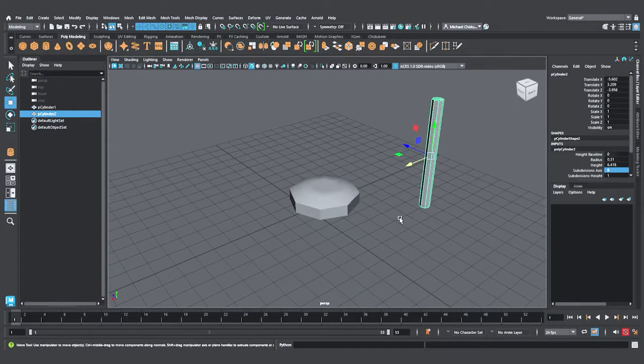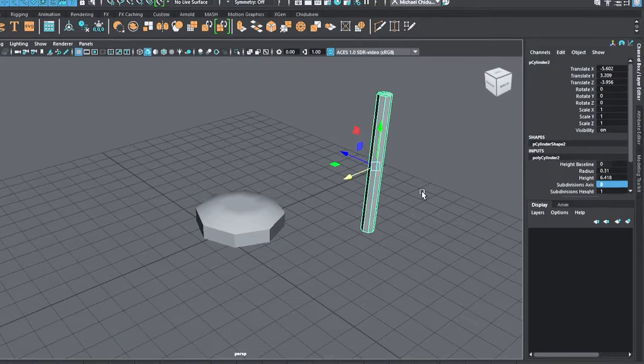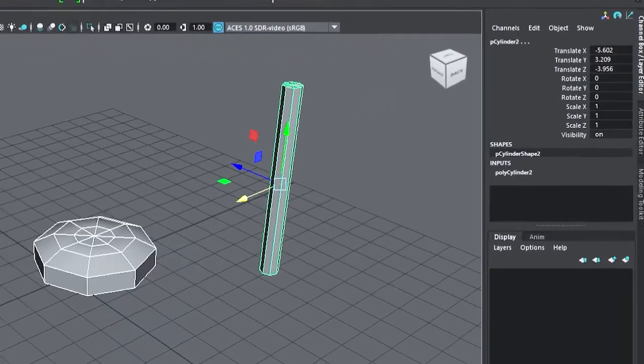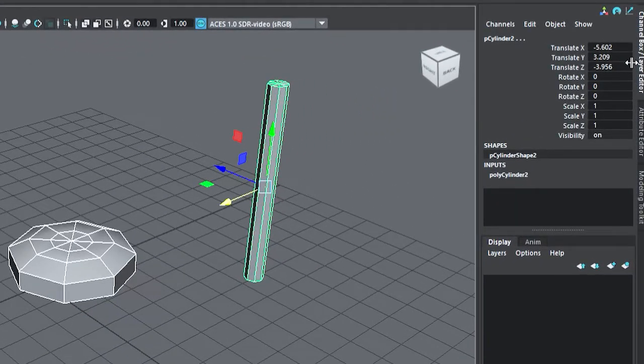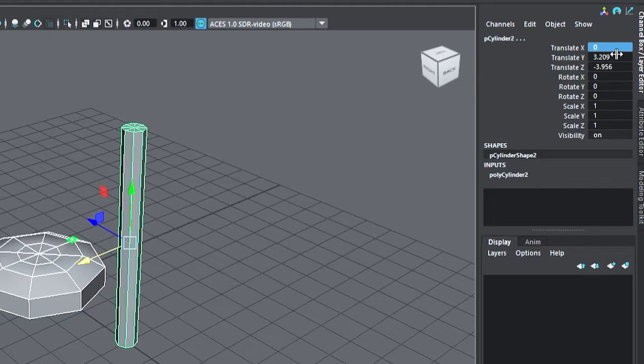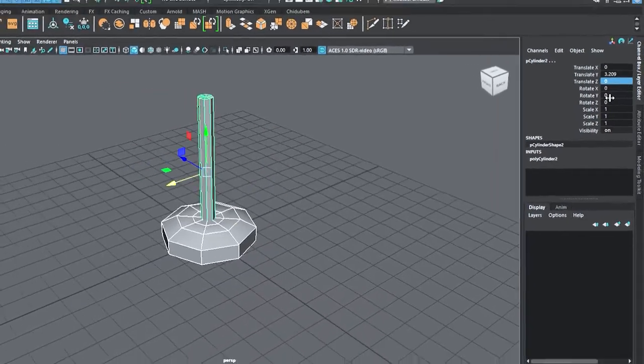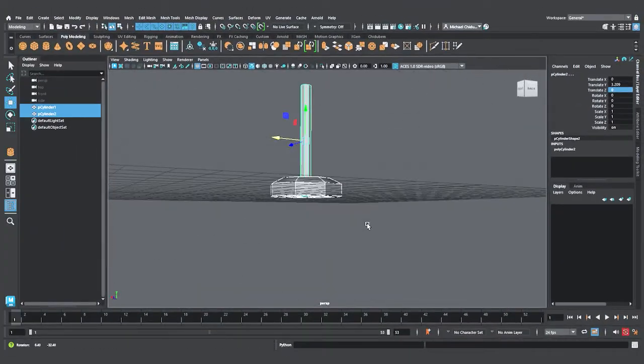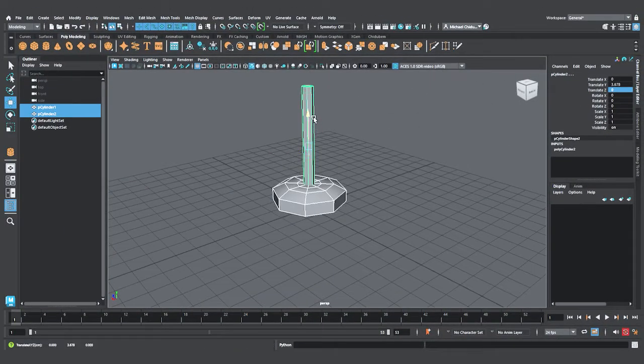Now I'll show you a quick trick. If you want to make sure that all of these are centralized, you can select all of them. If you go to your channel box, I'm just going to place the translate X and Z, making both of them 0. You can see now that it snaps to the center, which is good. I'm just going to pull